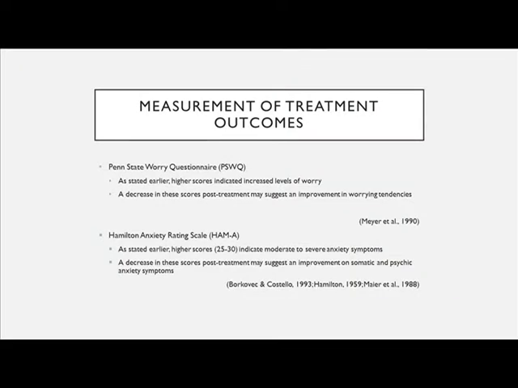Additionally, the PSWQ may be administered post-treatment to explore whether there is a decrease in worrying tendencies in clients. Scales such as the HAMA are widely used as an outcome measure in clinical trials, where a decrease in scores may suggest an improvement in somatic and psychic anxiety symptoms. However, the HAMA has been criticized for its occasional poor ability to discriminate between anxiolytic and antidepressant effects, as well as somatic anxiety versus somatic side